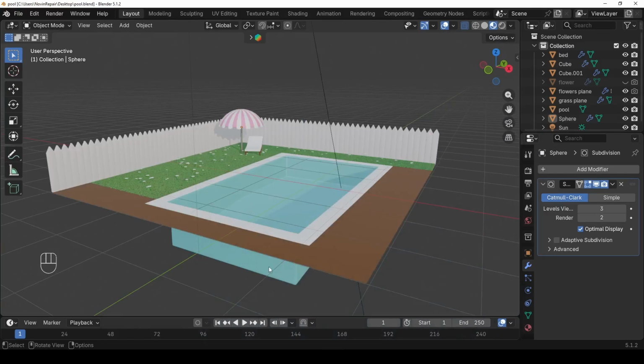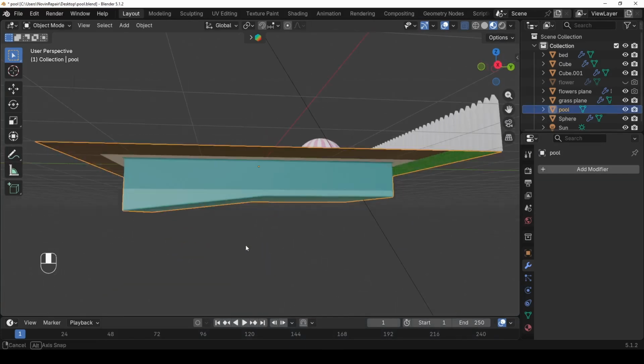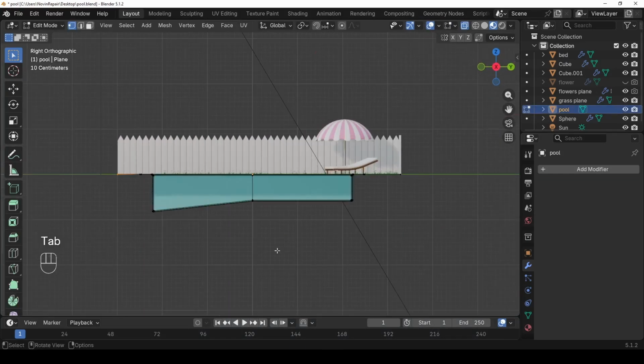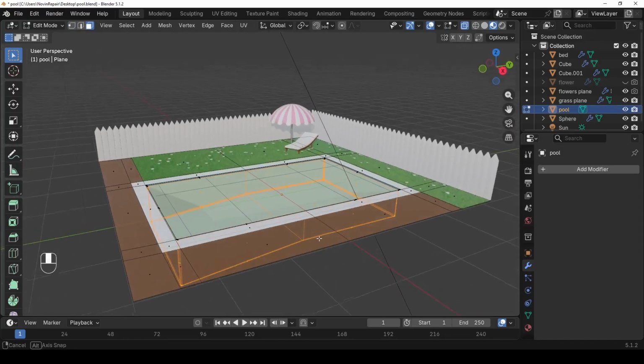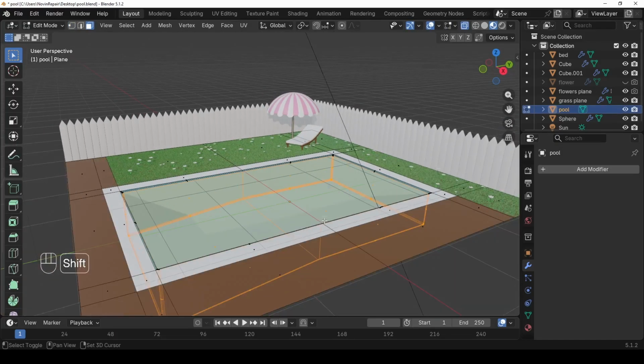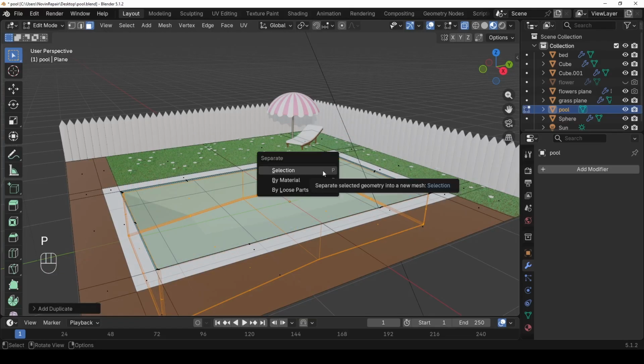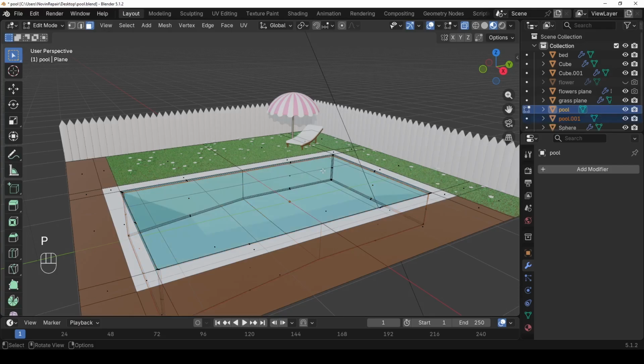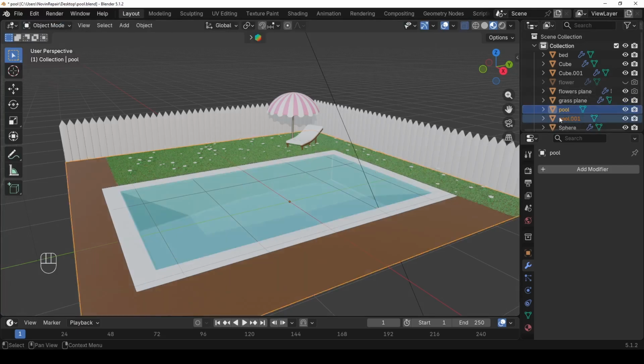Alright, for the water inside, I'm going to choose the ground, and then inside edit mode, face mode, I'm going to select all these faces here, and then Shift D to make a copy, and right click to release it there, and then P for the separate menu, and I choose selection. Now I'm going to object mode and select this one and rename it to water,